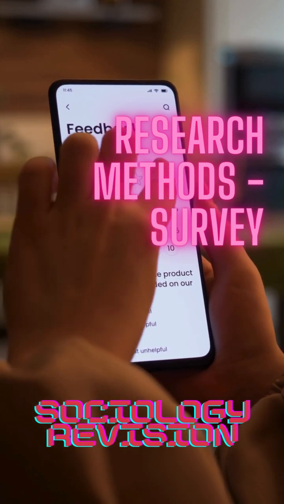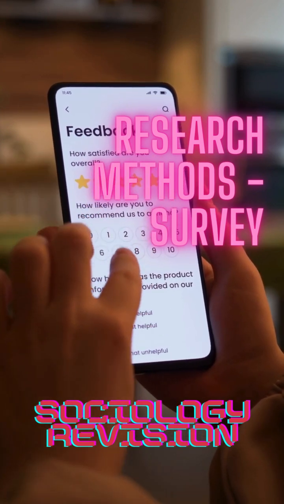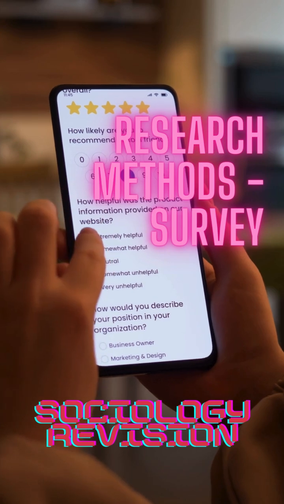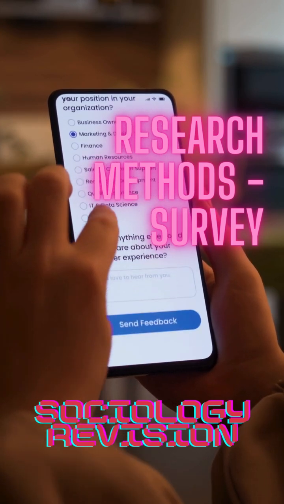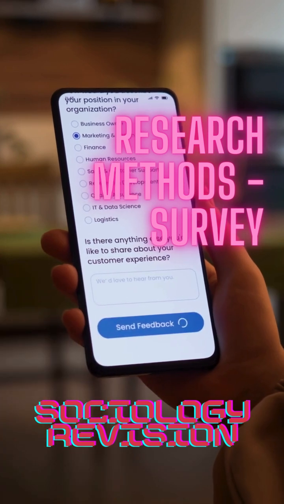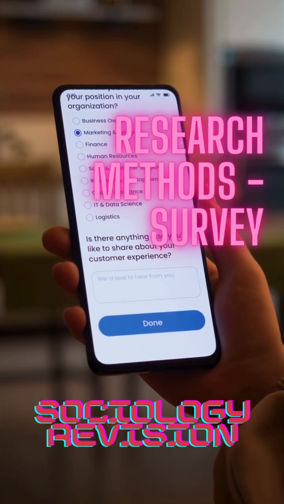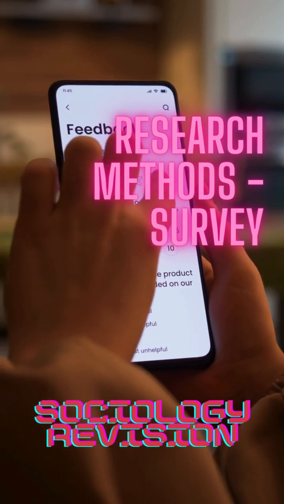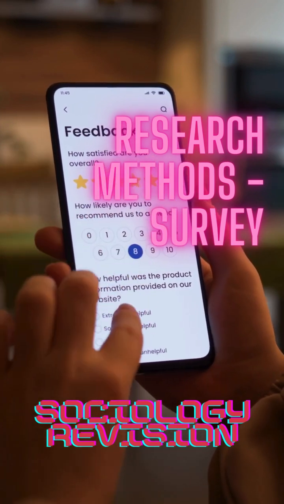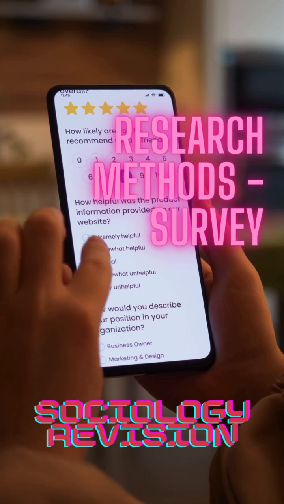Sociologists, like any scientists, need a plan when they set out to study the social world. They use research methods as their blueprint, guiding them in how to collect and analyze data. These methods help them gain insights into human behavior, relationships, and cultures. Sociologists choose from a variety of methods, including surveys, field research, experiments, and secondary data analysis, each with its own